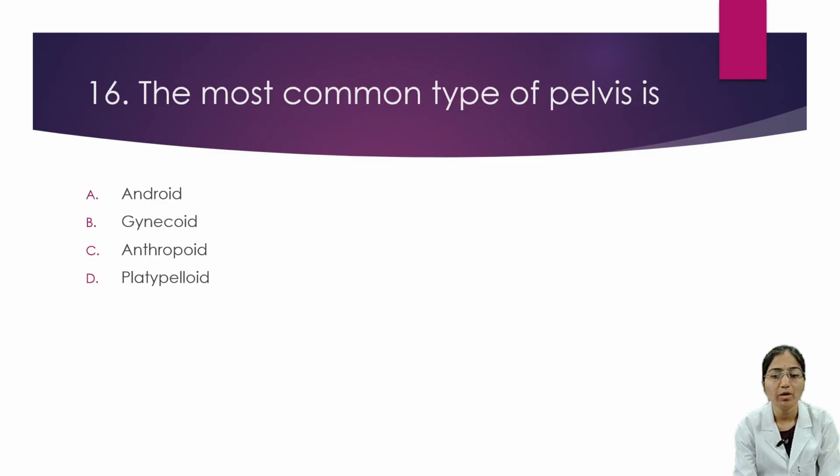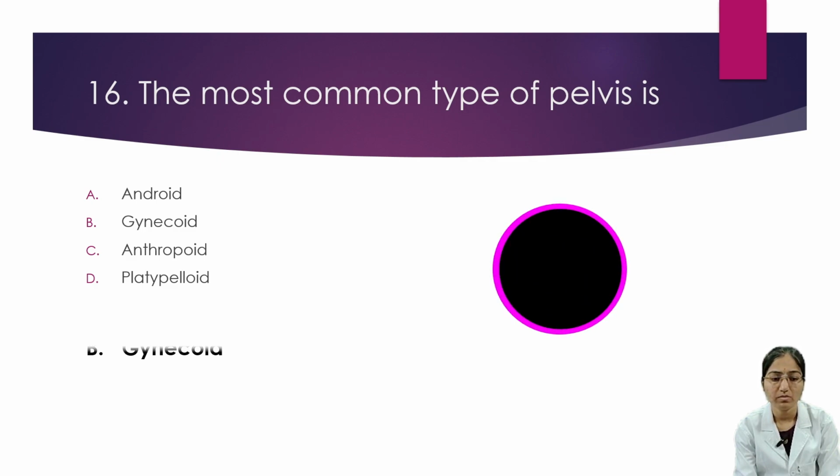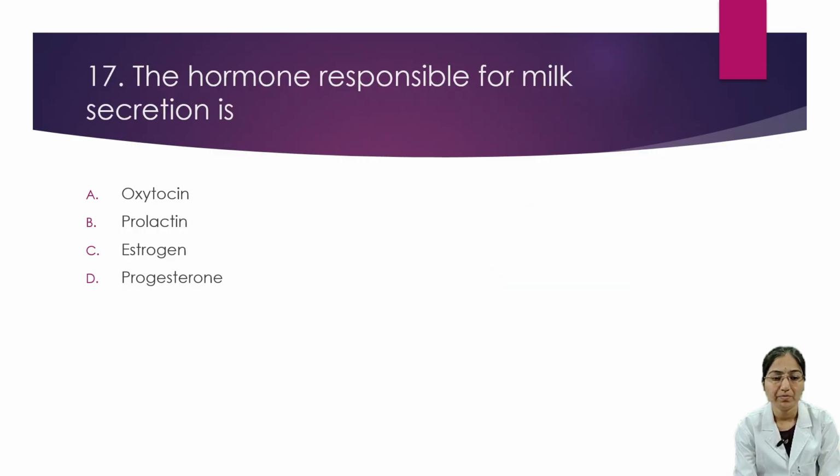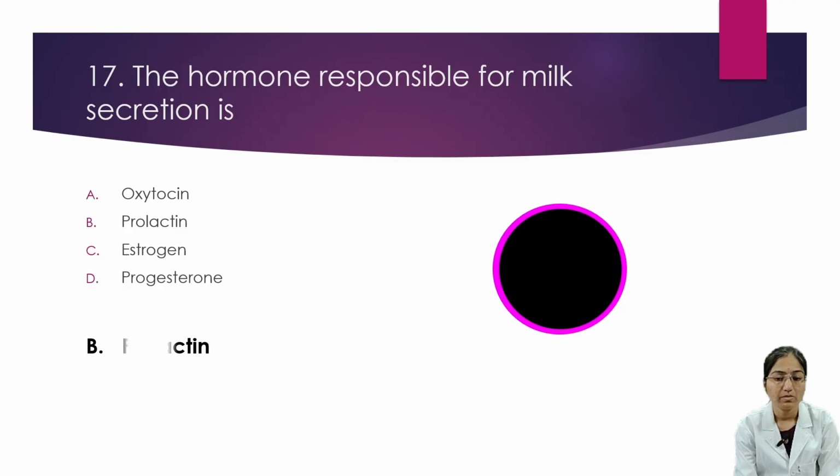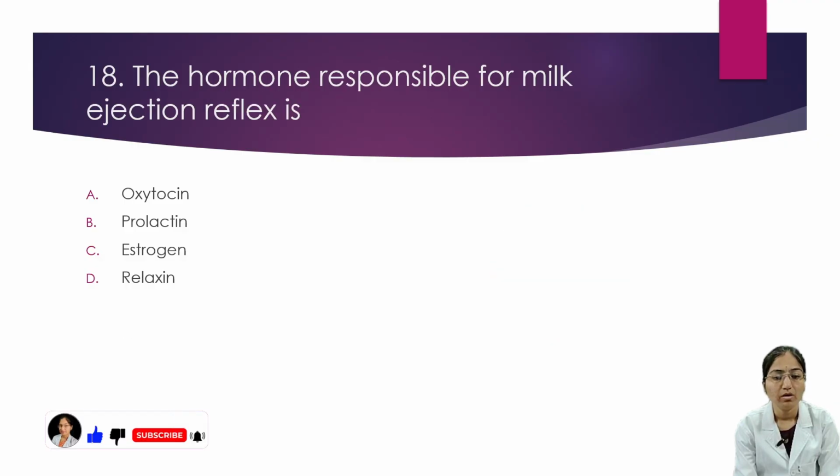The most common type of pelvis is gynecoid. The hormone responsible for milk secretion is prolactin. The hormone responsible for milk ejection reflex is